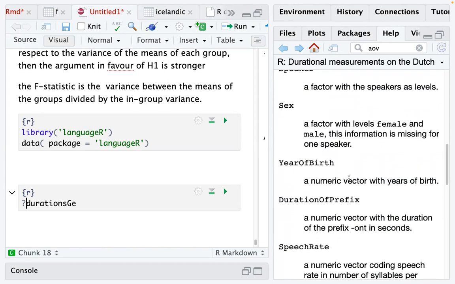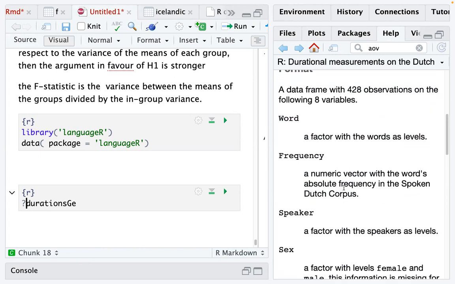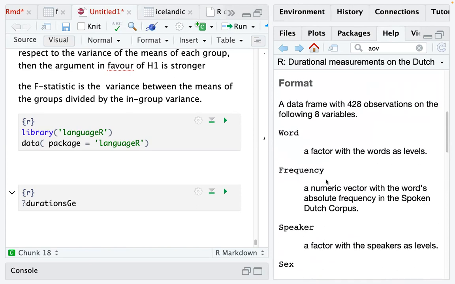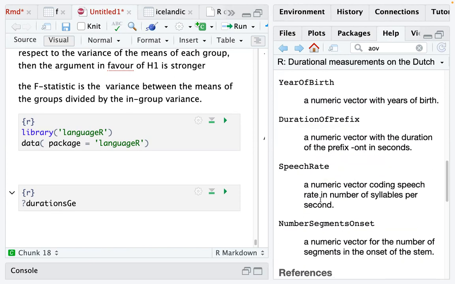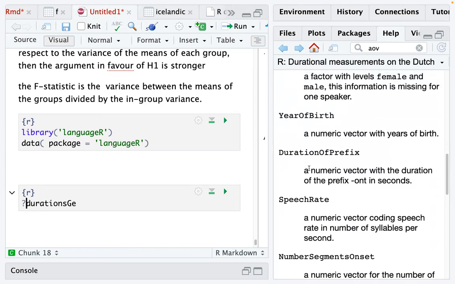And I wanted to see if the sex influences the word duration. So duration. So I wanted to take